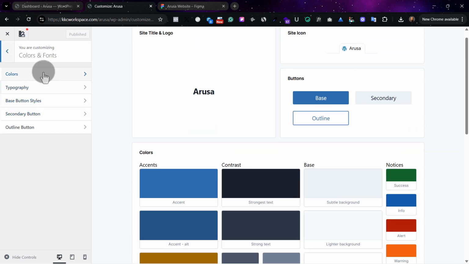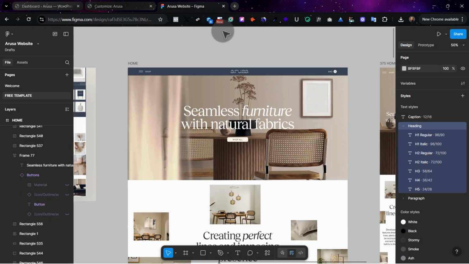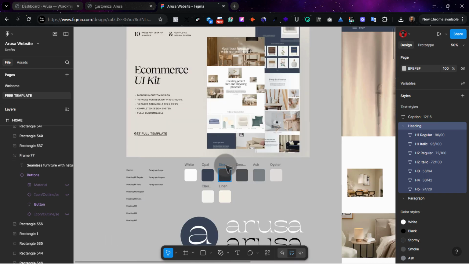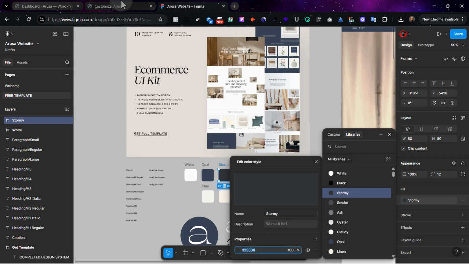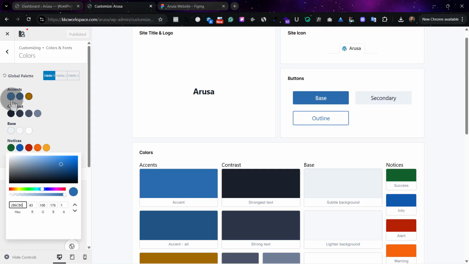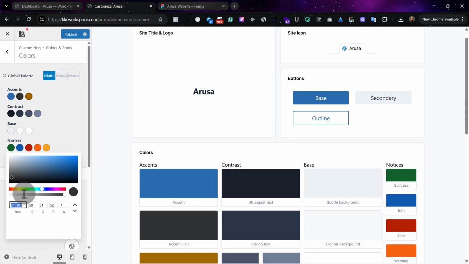So now let's go to color. Let's do this one after the other. For the first one, the accent color, we are going to have this as our accent color. So we're going to use this. We're going to pick the color code. You can also copy the color code as well. Let me put this here as the deep one. Then here, we're going to make use of this. We're going to place it here. Oh, did I just